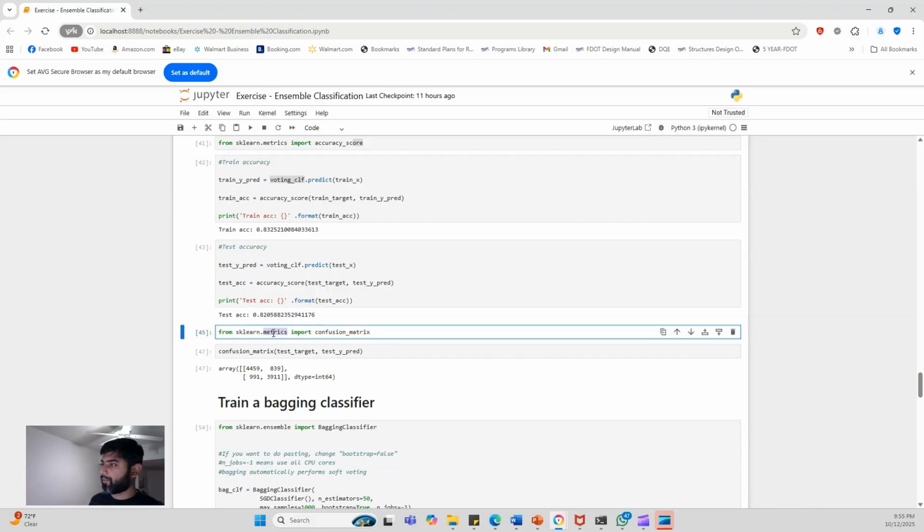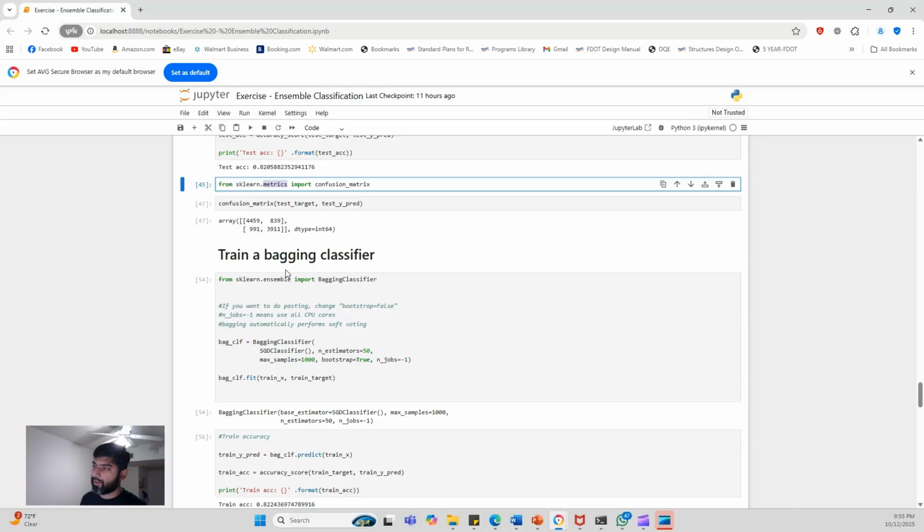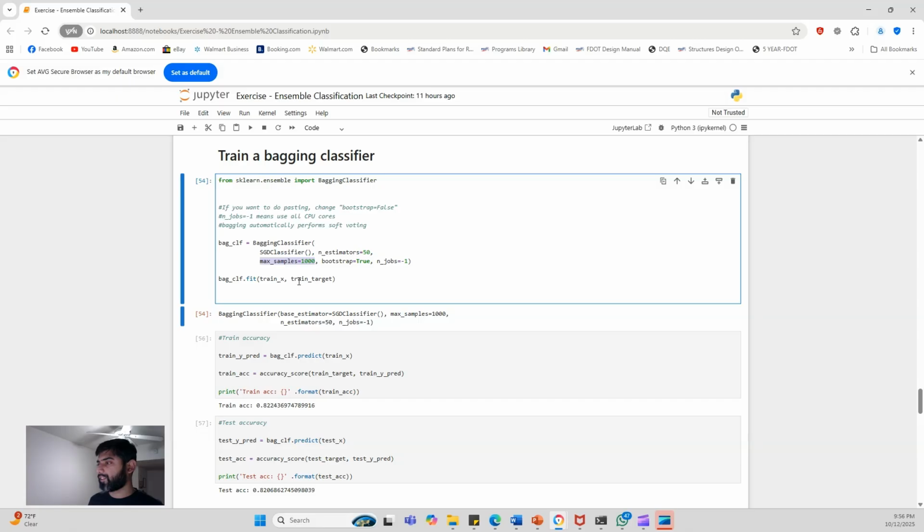And using the scikit-learn package, we do the confusion matrix. Now we do another variation of this ensemble: a bagging classifier. We use the SGD classifier with a number of estimators, which means the number of different decision trees that we're going to use, and maximum samples is 1,000. We run this bagging classifier.